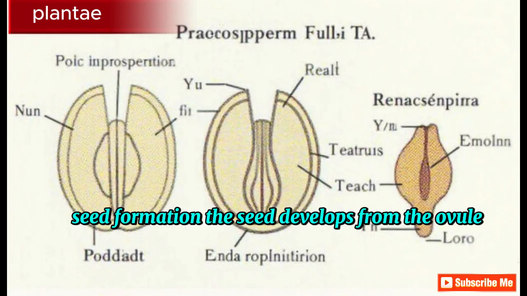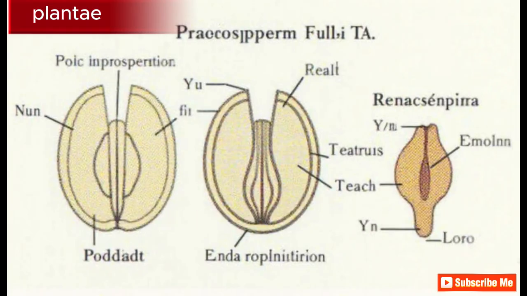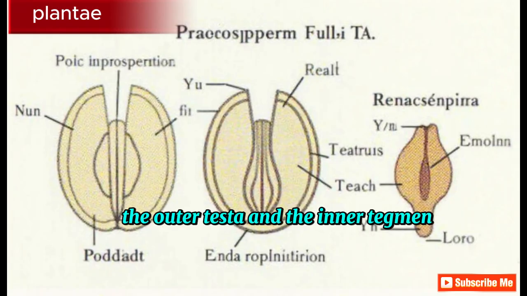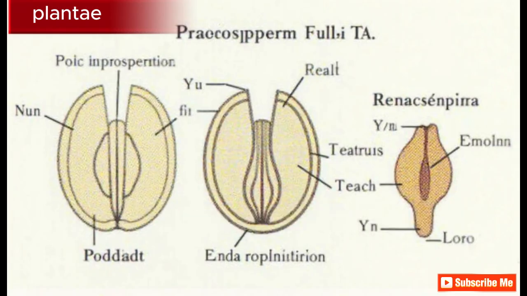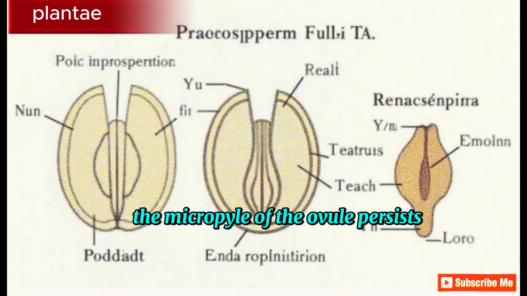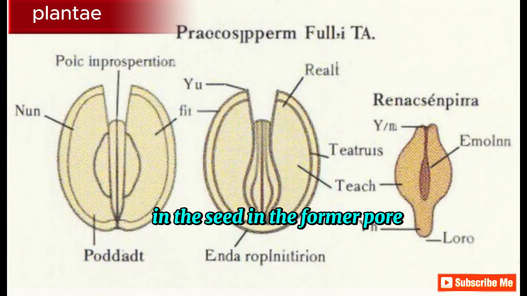Seed formation. The seed develops from the ovule after a few changes. The two integuments develop into two seed coats, the outer testa and the inner tegmen. In some seeds, the testa and tegmen fuse to form a single coat. The micropyle of the ovule persists in the seed in the form of a pore, while a small scar, the hilum,